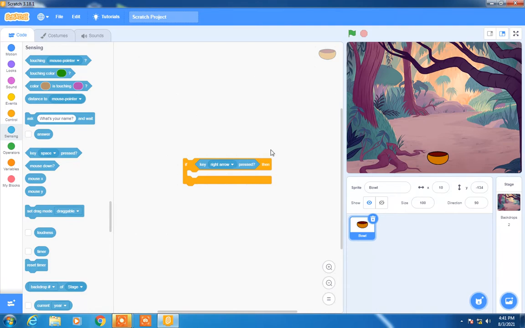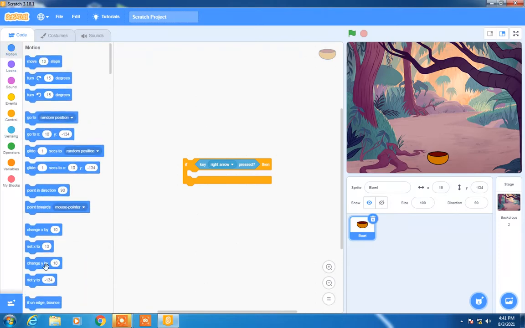So for that we have to change the x-axis. To change the x-axis we have to go to motion and make use of change x by 10. So this is the code which we need to use when we want the bowl to move that side. Okay.